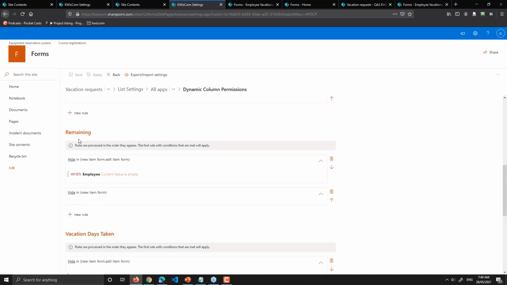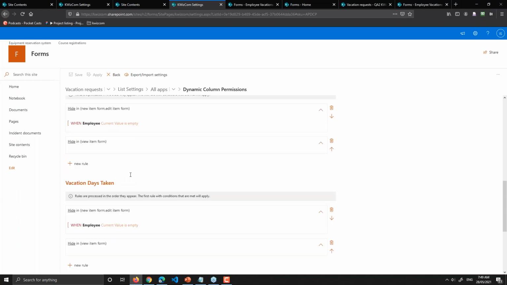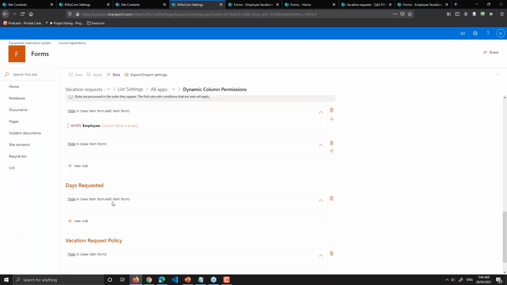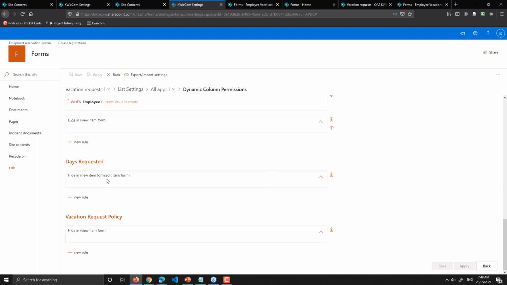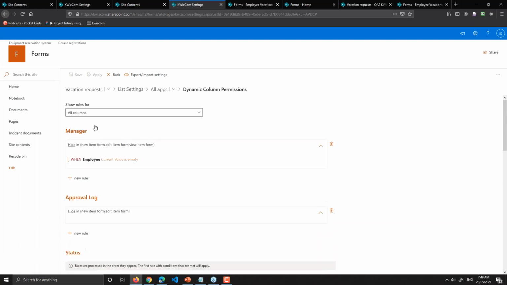The remaining days, hide it when employee is empty. Vacation days, hide it when employee is empty. Days requested, just hide it except in the view form. So you can see we have multiple rules on multiple columns, and it's very easy for us to create a